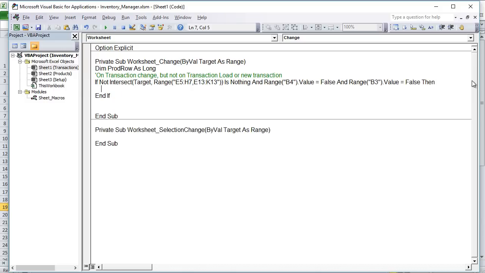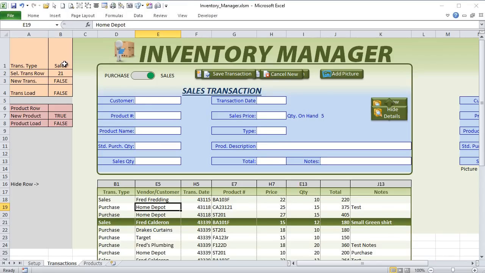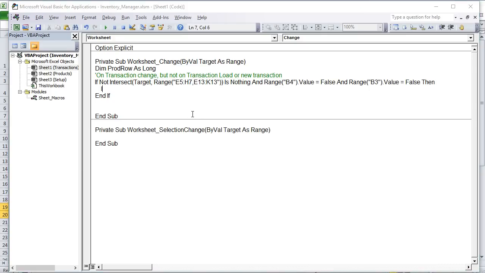What are we going to do? In that case, we also want to make sure that B2 is not empty. That's very important. We have to have a row. We have to know what row to save it to, right? I have to know B2, we have to save it to a row, so B2 cannot be empty. We have to make sure that we can check that. If range B2 dot value does not equal empty,